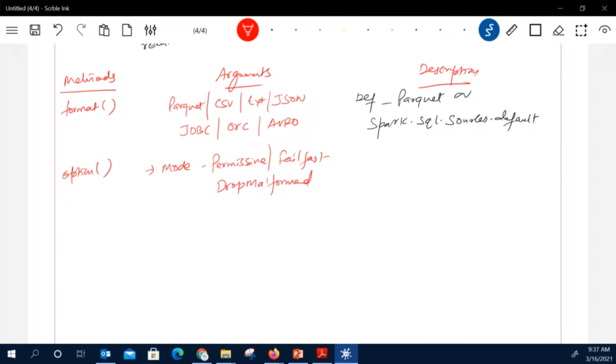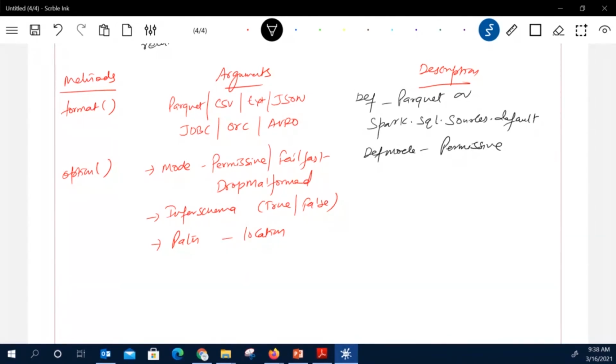There are three modes we have to define. The second one is infer schema, where you choose yes or no, true or false. And third is your path, where you define the location or path of the schema or whatever the file is. Path, you define the path of your location.